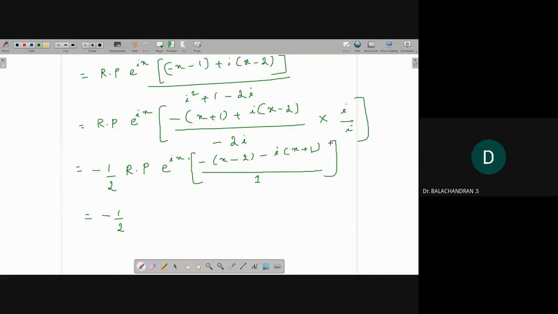Here you have real part and imaginary part, and in the denominator I don't have any I. So that is a checkpoint. You should check whether you have the real part and imaginary part. Most importantly, you should not have I in the denominator. Then only you should write e power ix is cos x plus I sin x